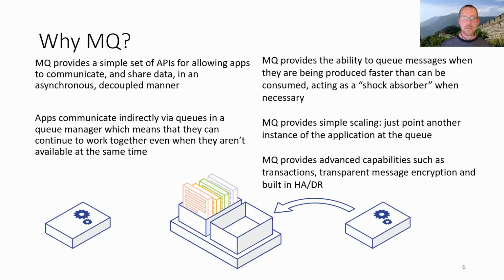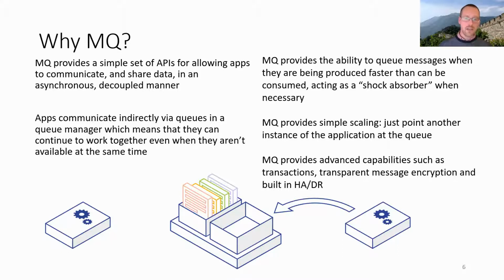And so what that means is when applications want to communicate with each other, they don't communicate directly. Instead, they go indirectly via something called a queue, which is basically a place where the applications exchange data. And a set of these queues are managed by a queue manager, which is basically a process that sits there and is responsible for managing the state on queues. Because it's this single man in the middle entity, you spend a lot of time making sure that it's highly available and resilient,